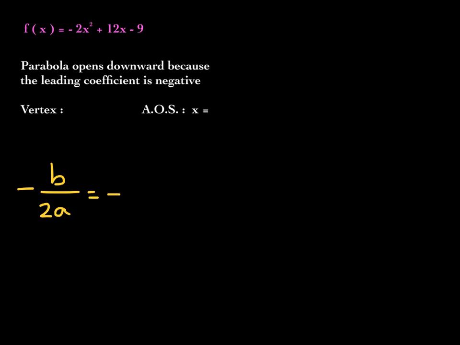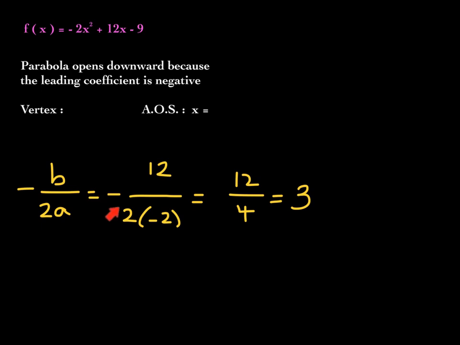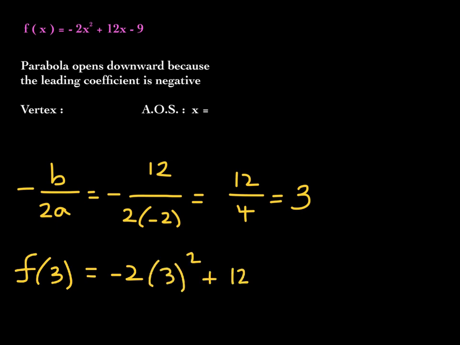And in this case, it'll be negative, and now my b value is 12, my a value is negative 2. So then I get 12 over 4, which is just 3. All right? Keep in mind that these two negatives cancel out to be a positive. And now what I'll do is plug 3 into my function very carefully. Do the arithmetic,